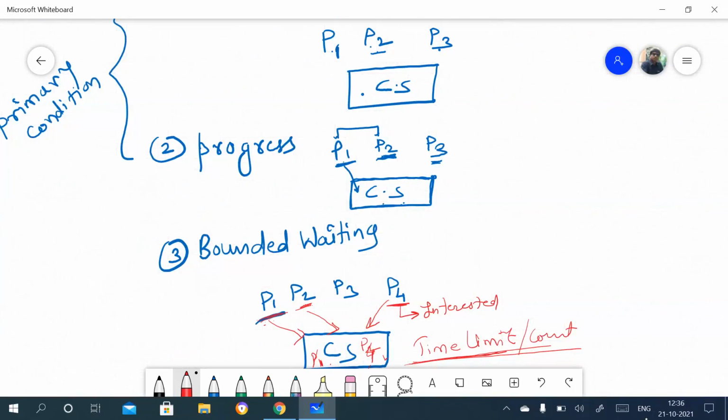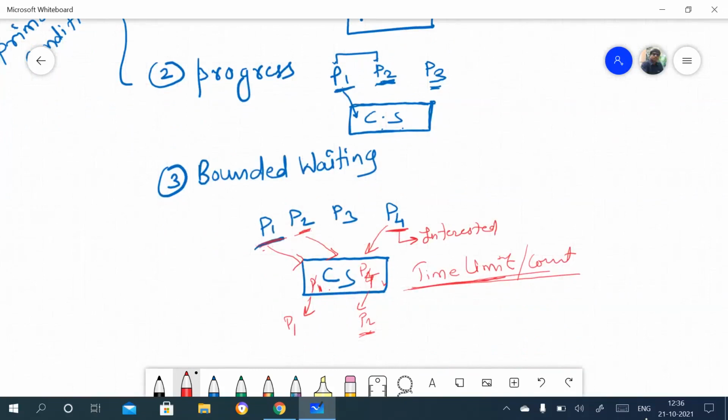There should be competition only between interested processes, not the non-interested processes, right? And bounded waiting is what? Sometimes the situation comes where one process is not getting a chance to enter the critical section. In that case, we need to decide something so that the process will enter the critical section, right? So these are the three conditions. Once these three conditions are obeyed, the problem will be solved. Getting this?